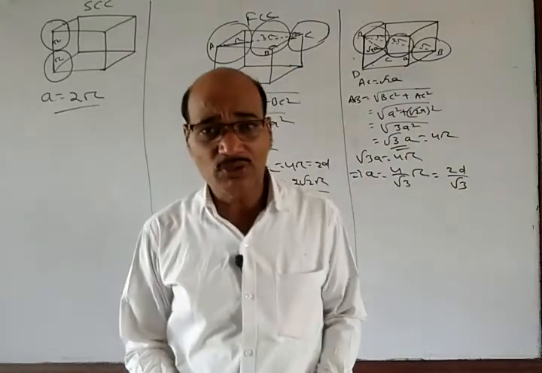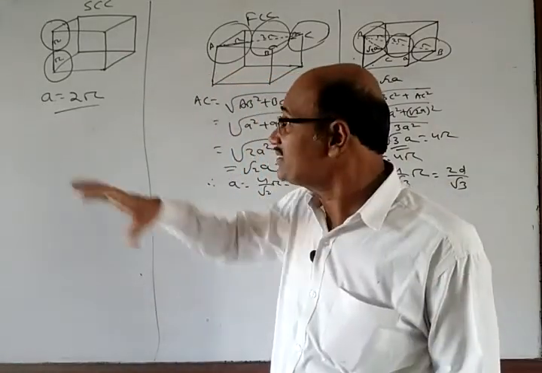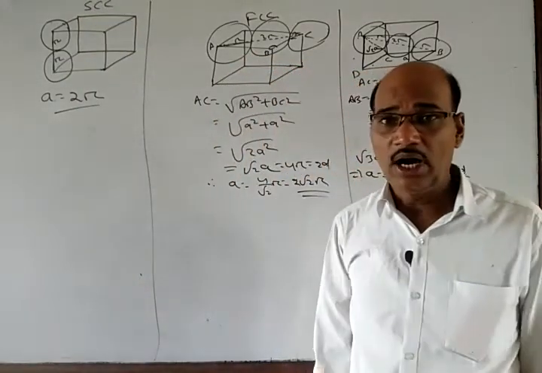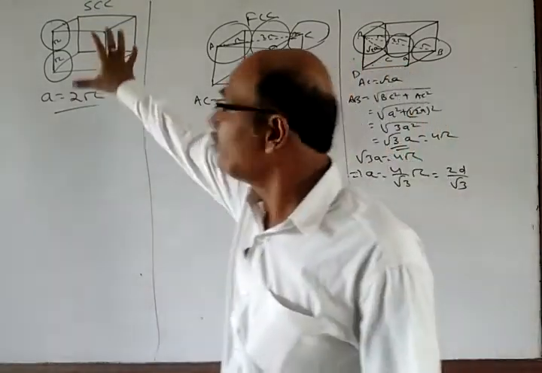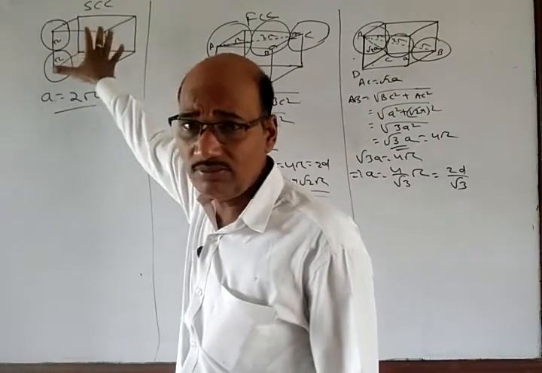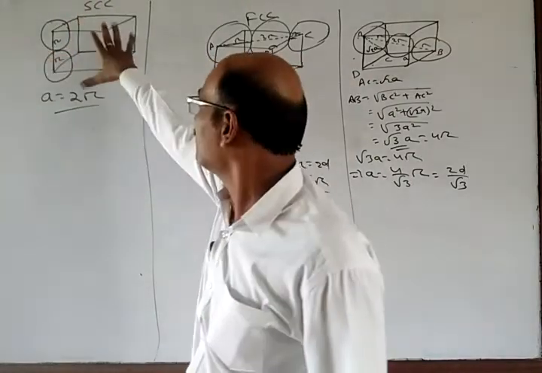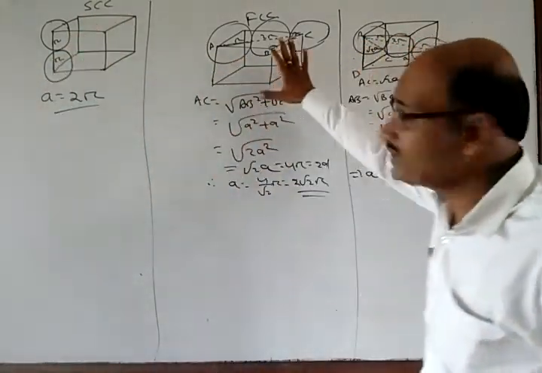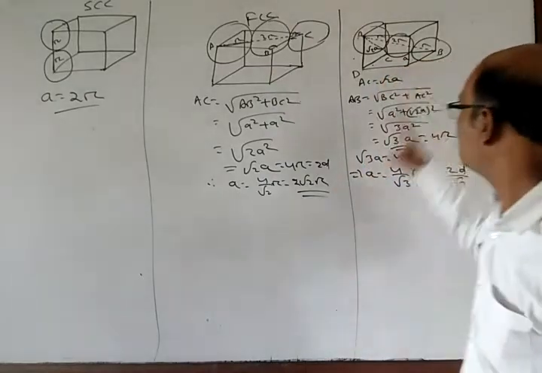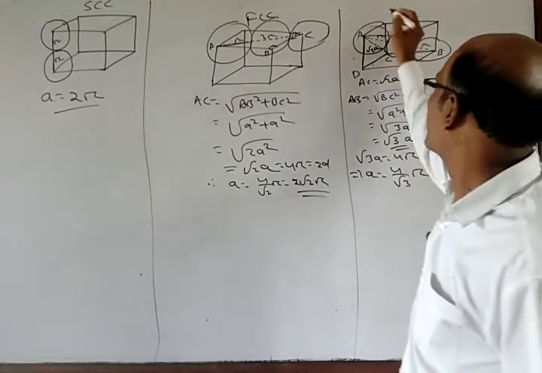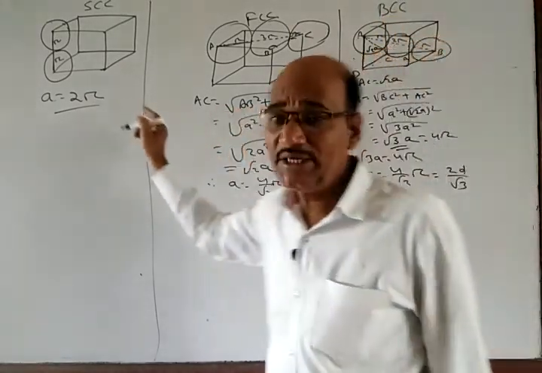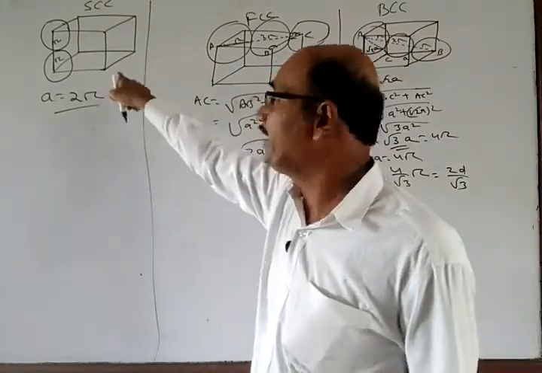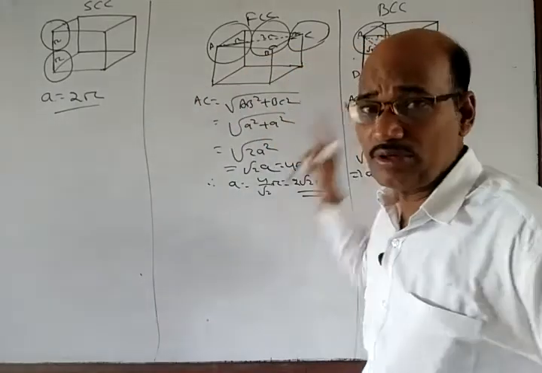So what are we exactly going to calculate? How many spaces are being occupied by the atoms in the unit cell? How can we know it? We have the unit cell, it has a volume a cubed. So in SC the volume is a cubed, FCC volume is a cubed, BCC volume is a cubed, because it's a cubic unit cell and a is the edge length, so the volume is a cubed here, here, and here.